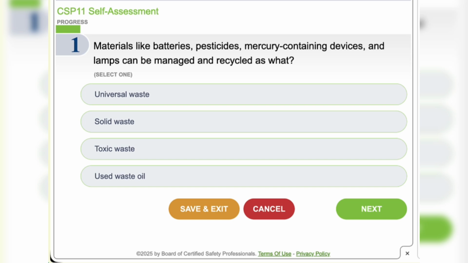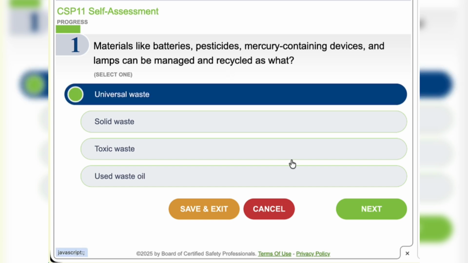And used oil applies only for petroleum based oil, not batteries, pesticide, lamps and mercury devices. So universal waste is the best option because items such as batteries, pesticide, mercury containing devices and lamps fall under the regulatory category of universal waste. So first one is the correct one.